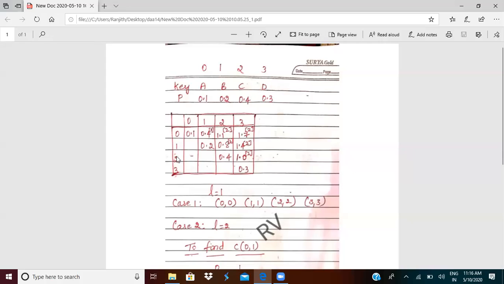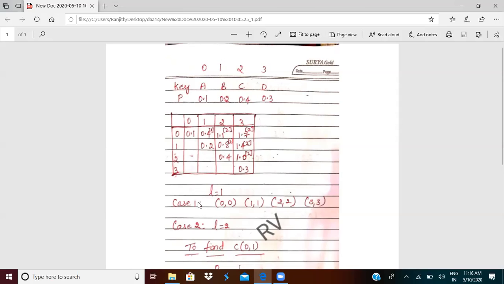Now you have to do one thing here. You just write down this matrix. 0, 1, 2, 3 as it is. Call row values as 0, 1, 2, 3 and column values as 0, 1, 2, 3. Am I clear till here? Yes, sir. Okay. Now initially this table is not filled. We have to fill it. Initially it will be empty, we have to fill it.